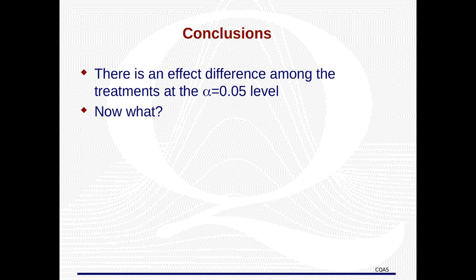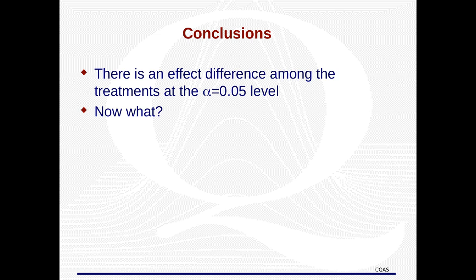Contrasts allow us to construct targeted comparisons between treatments or groups of treatments, moving beyond the omnibus test to identify the precise nature of the differences we have detected. Within the analysis of covariance framework, we retain the ability to construct confidence intervals for these contrasts using the least squares estimates derived from our full model. These estimates incorporate the covariate adjustment, providing us with precise point estimates and interval estimates for the specific comparisons of interest. This approach maintains the efficiency gains from our covariance adjustment while allowing us to make detailed inferences about which